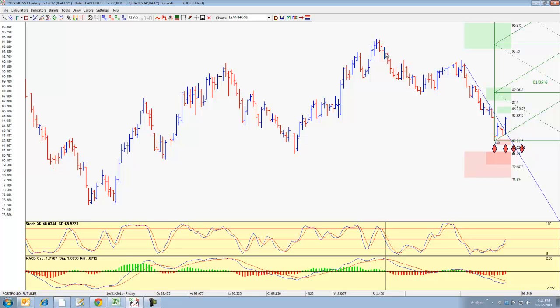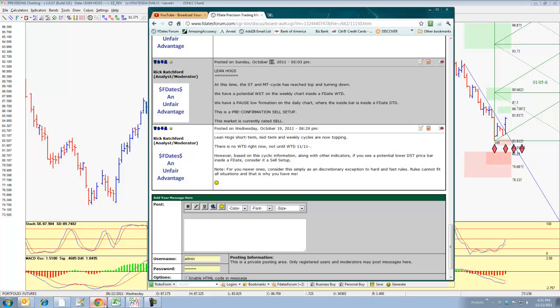92.50 that we sold. Now this market dropped all the way down until November 9th, which is in week ending November 11th, 11/11. Remember that, because here, as you can see, that's what we were looking for, is that to go into that weekly turn date period.